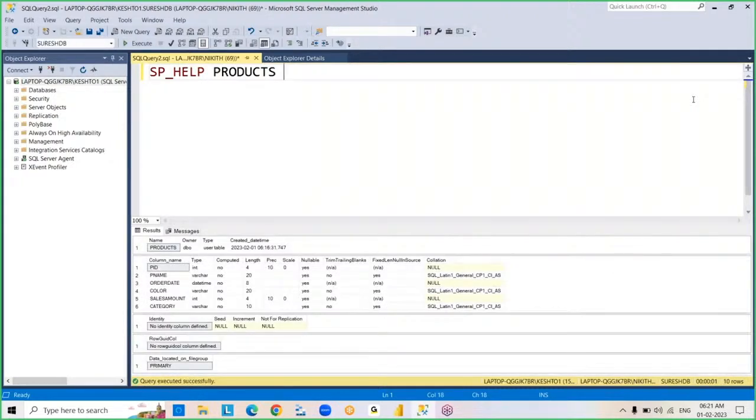And if you want to check the structure, what to do? You should go for sp underscore help only. See this now. New columns added to the table. See here you can see added columns. In the same way,